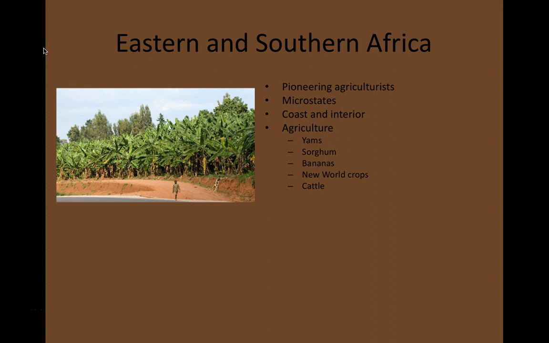And this has dramatic consequences for the way these societies are organized. Cattle-raising societies tend to be patriarchal and male-dominated, much more so than agricultural societies are, because in agricultural societies, and that's not to say they can't be patriarchal, many of them are, women are the ones who do much of the farming, and in some cases, most of the farming.